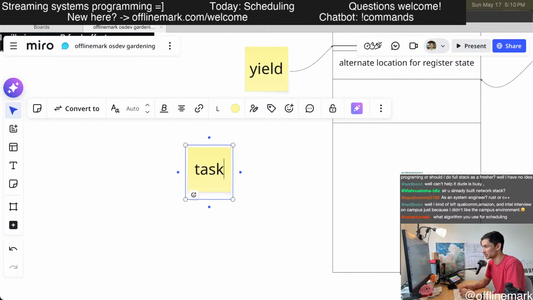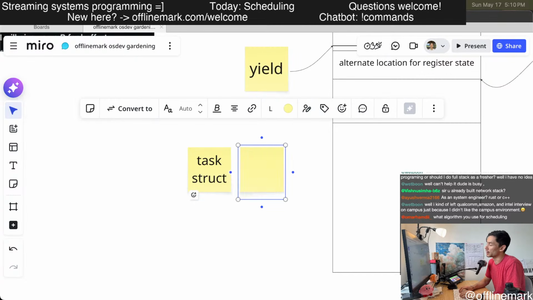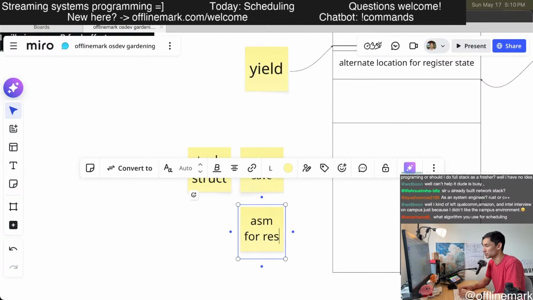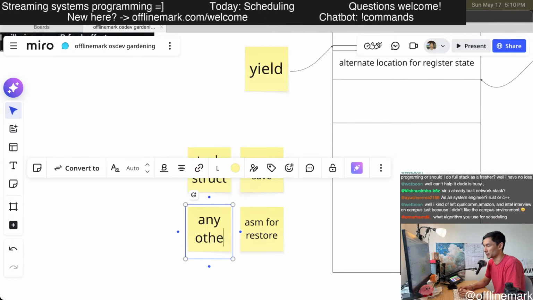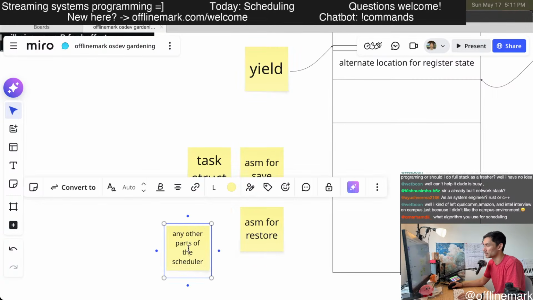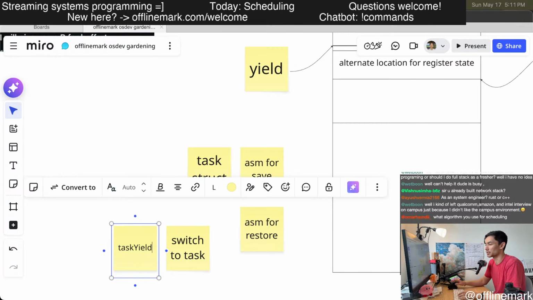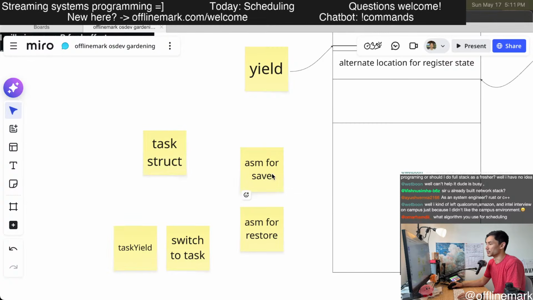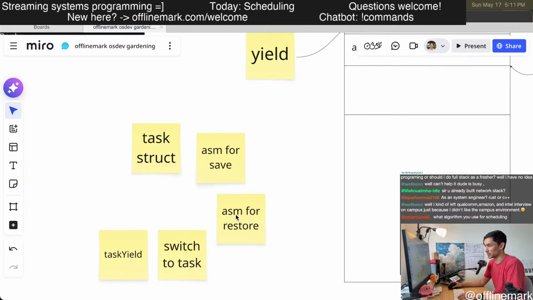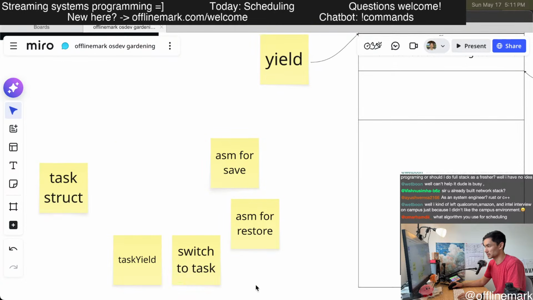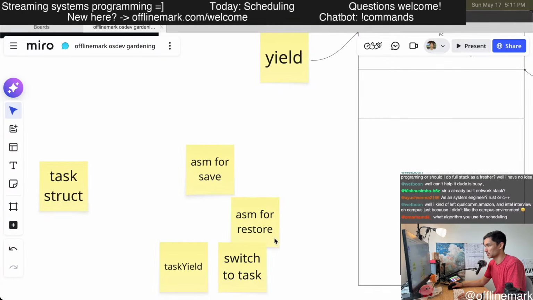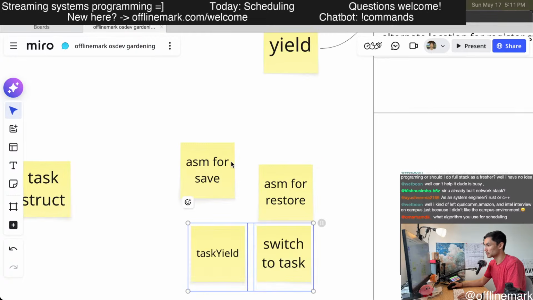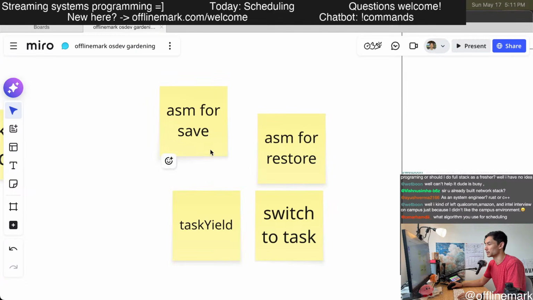We need to adapt the task struct, the SM for save, SM for restore, any other parts of the scheduler, like switch to task and task yield probably. These are the different components we need to make sure to update. And we've already done the task struct. Now let's talk about some of these other things.